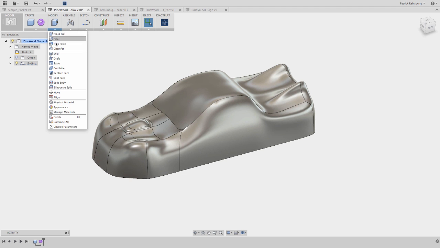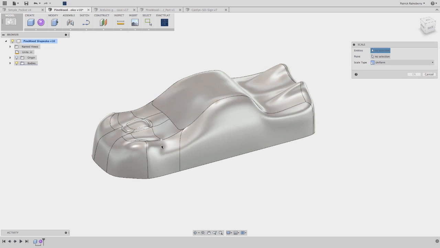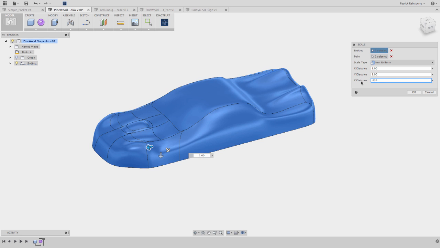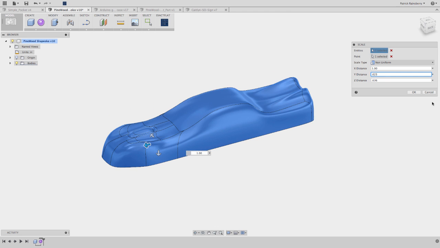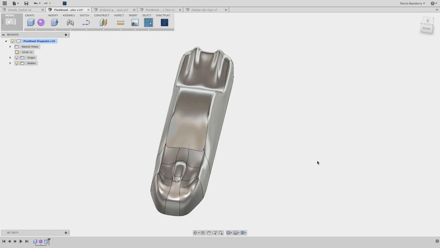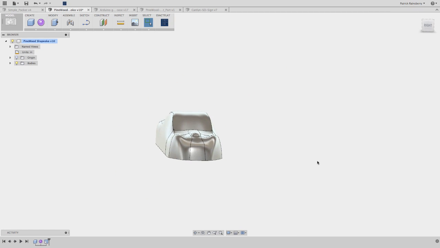I can just come up here, select the scale tool, and I'll pick my entire model. And I'm going to say I want to do non-uniform. I need to actually bring this down a little bit. So I already did a little bit of math and figured out that I need to go 0.636 in the Z and 0.625 in the Y. And that actually will now fit inside of the Pinewood blocks that I got at the